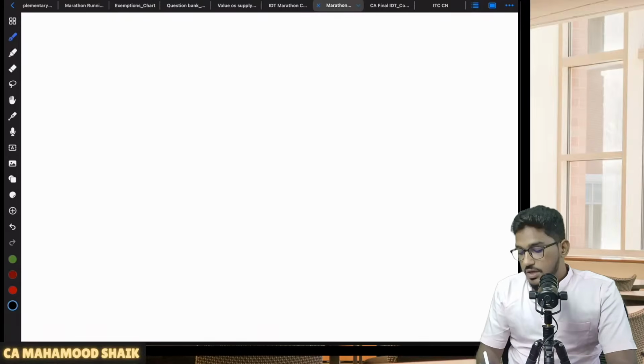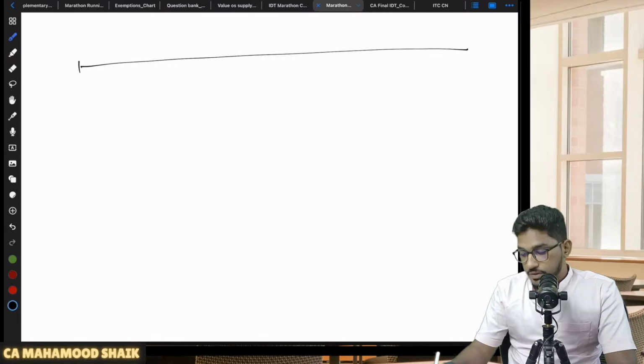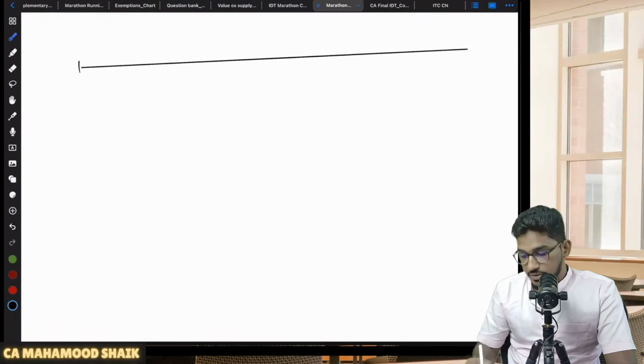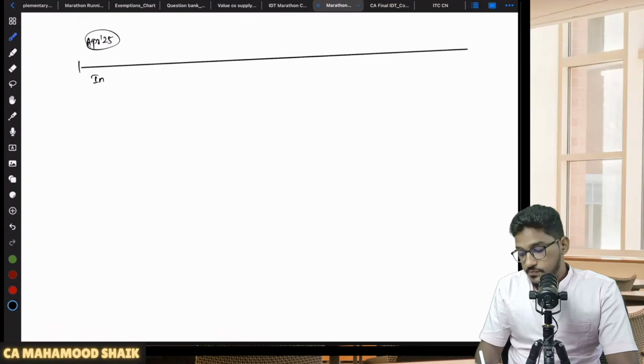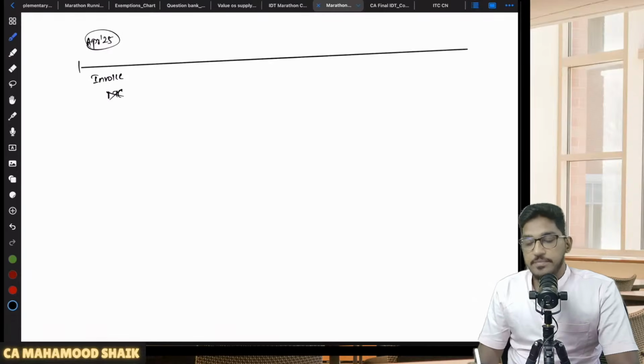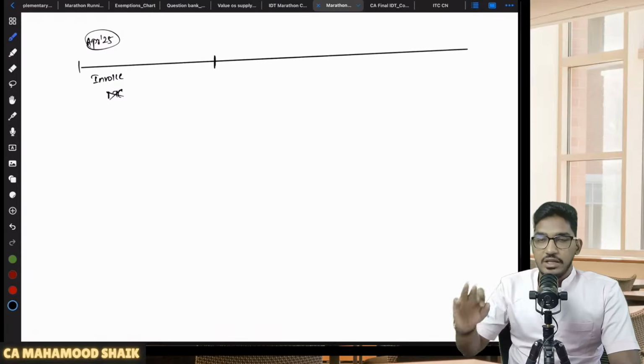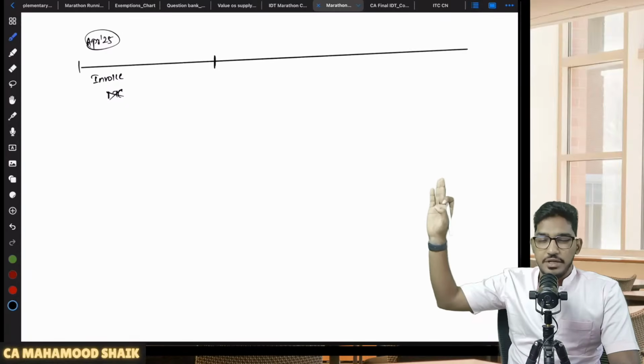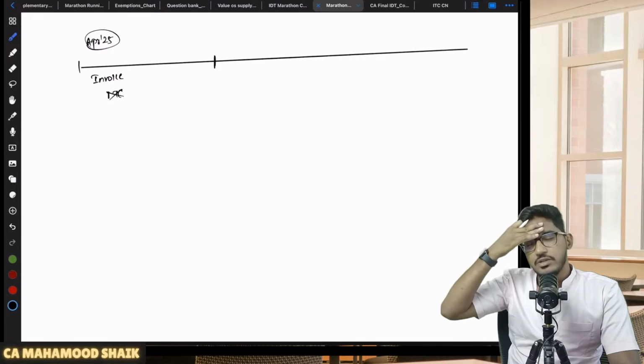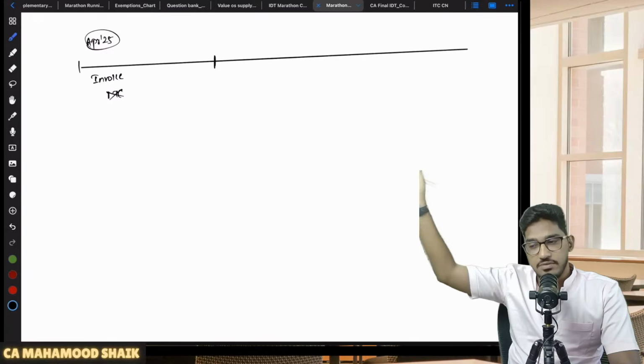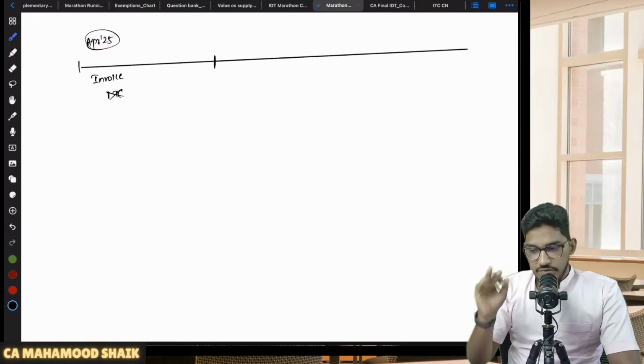Listen. So let us say one example. With the help of the example, I will try to clarify. In April 2025, I have an invoice, but I did not claim ITC. So what is the maximum time limit within which I can claim the input tax credit? 30th of November. See, date of filing of annual return is also there. Let us say annual return was filed on its due date, 31st of December. Whichever is earlier means 30th of November only.